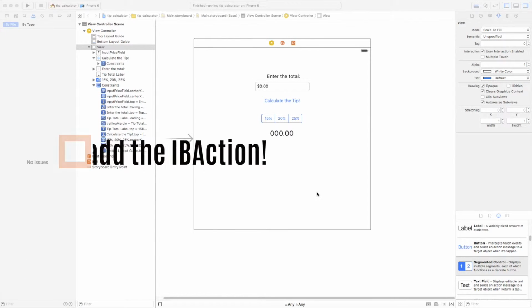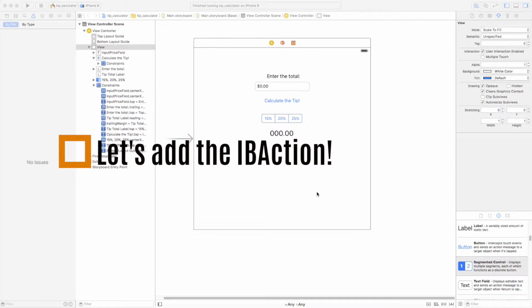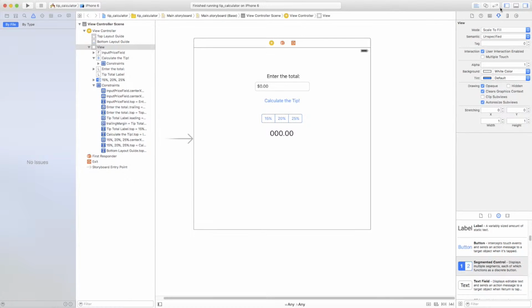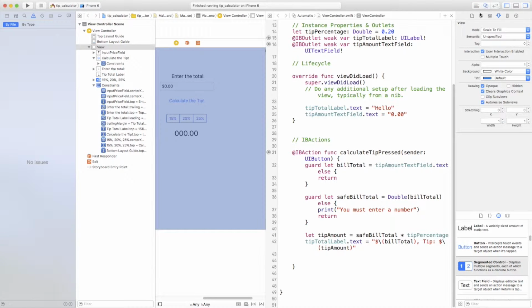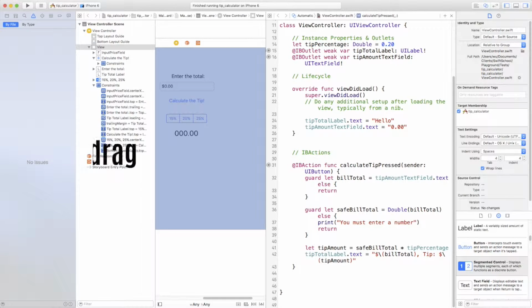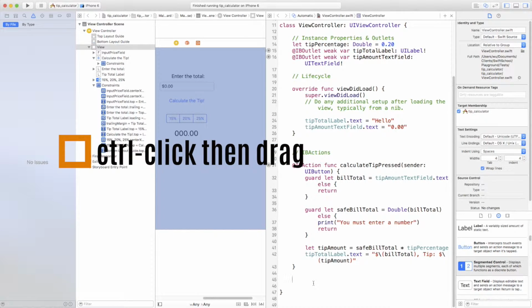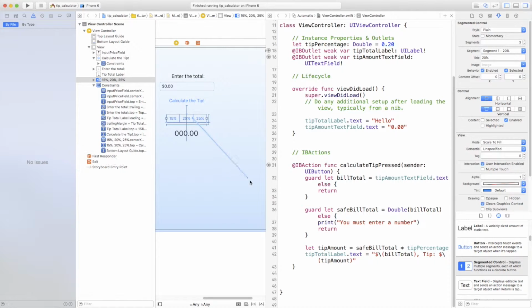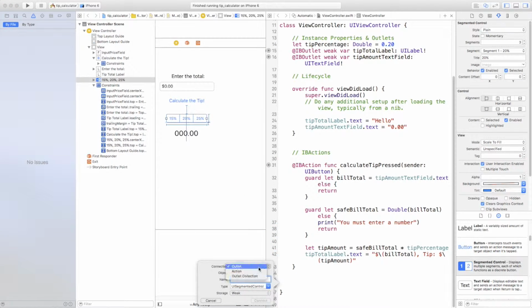Now we need to actually connect this control. So if we remember back to what we did before, let's click on the assistant icon, and we'll add another action. If you remember, we just need to control click and drag from the segmented control to our view controller file. Change this to an action, segmented control, and we'll say tip percentage